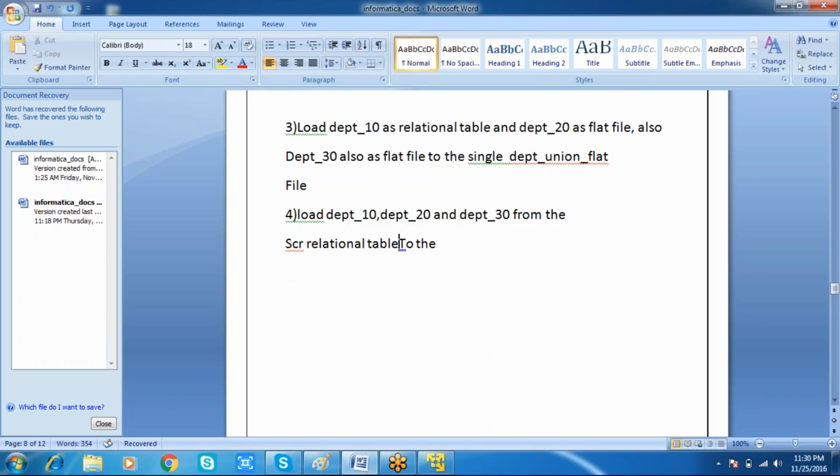Load DEPT10, DEPT20, DEPT30 from the source relational table and